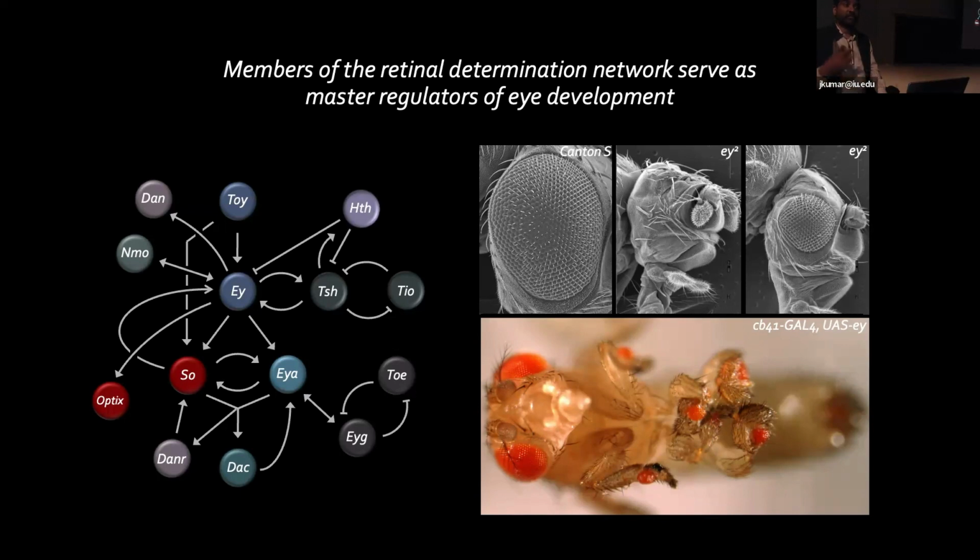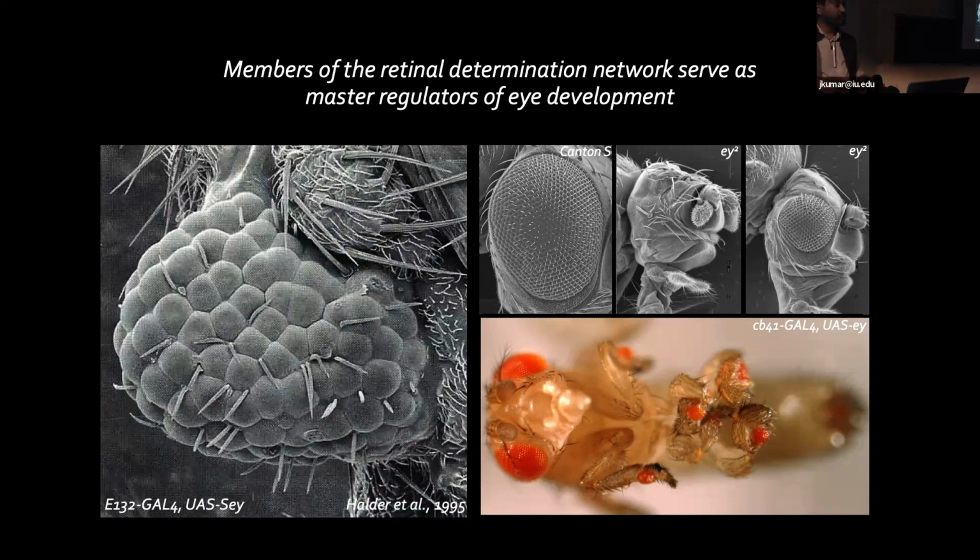To give you a sense of this evolutionary conservation, George Halder, a friend of mine and a friend of Arash's when he was a grad student in Walter's lab, took the mouse version of PAX6, which is called small eye, and drove it in Drosophila, and you can redirect parts of the fly into developing compound eyes using the mouse gene. And you can do that with any one of these other network members. So they're both present, they're necessary, and they're evolutionarily sufficient to replace each other. And as you'll see later, these are expressed both in the compound eyes and the ocelli themselves.